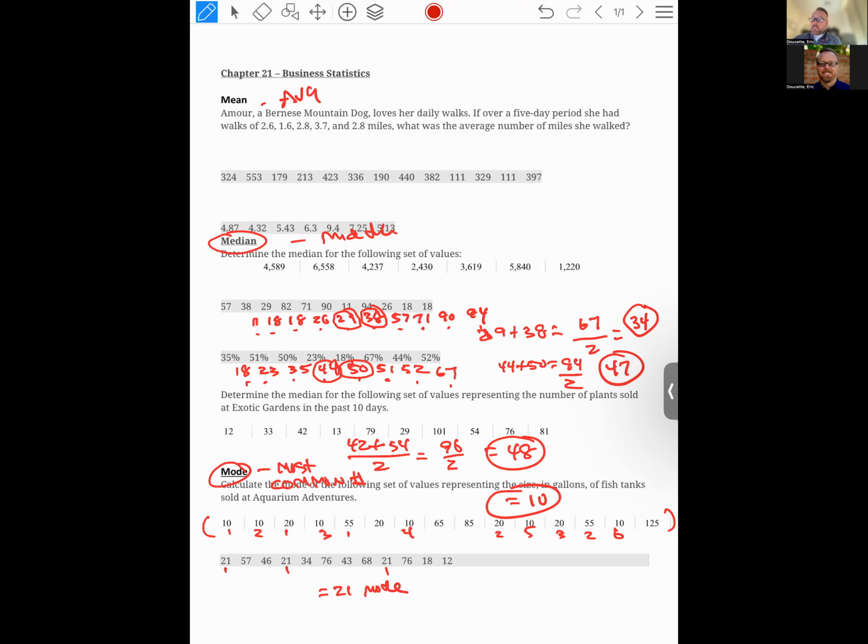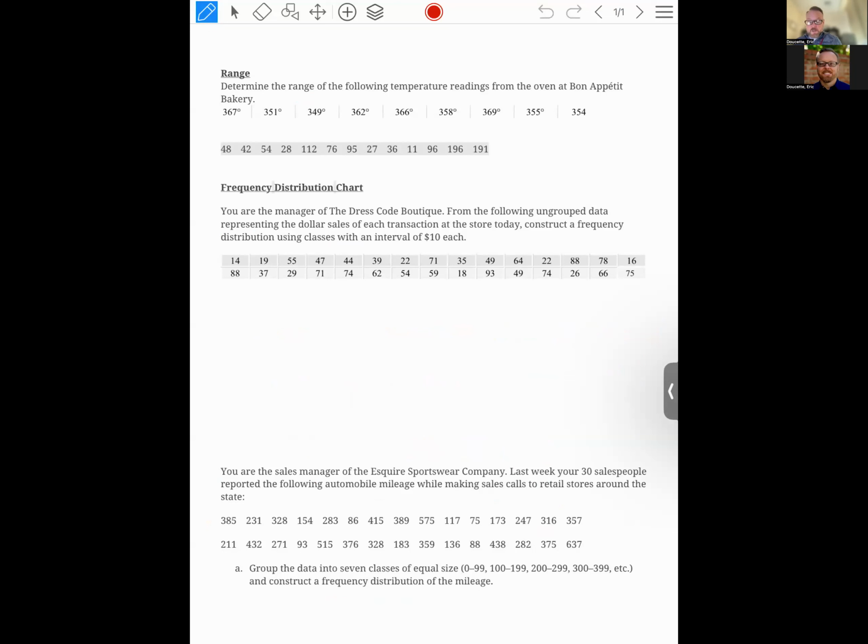All right, I'm going to move to the next page. So that's the first half. You only have one more page to go. And that's where we determine the range. So the range is nothing more than,